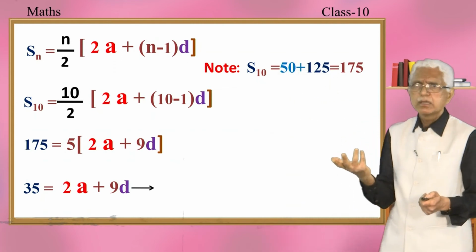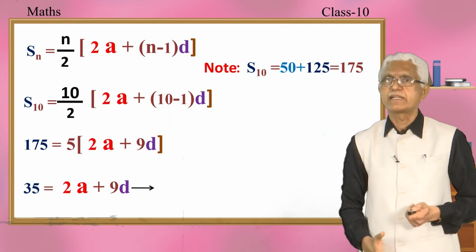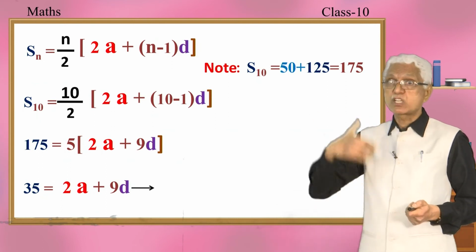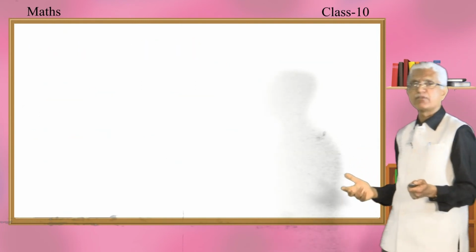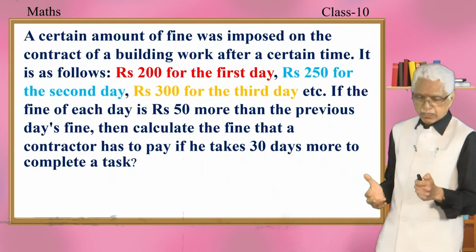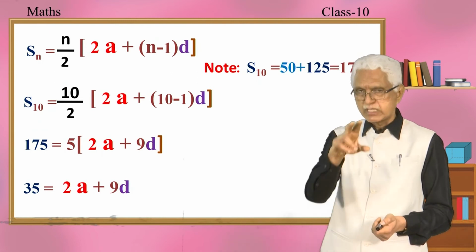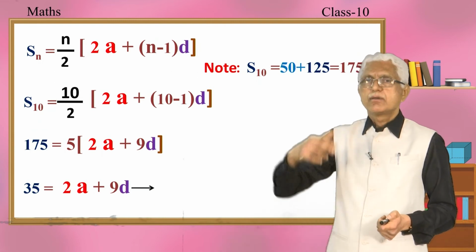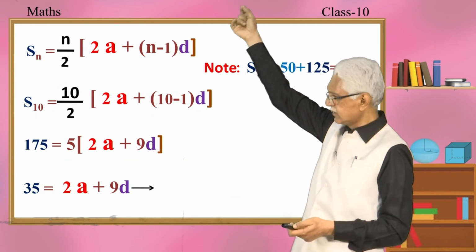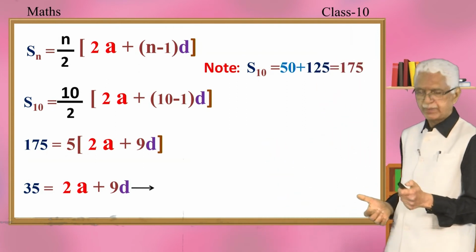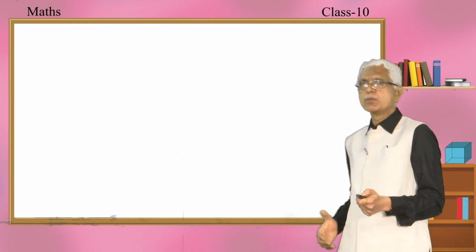As long as you are confident and sure of any method, you can work out in the method that you want. But it is my duty to suggest that you think alternately, another option, another way of working out the same problem. So you got a pair of linear equations, and when you take those two equations and solve, you will be able to get A and D, and you can happily write down your AP. That is good. Well, my dear children, we will be discussing one more problem. Just watch.